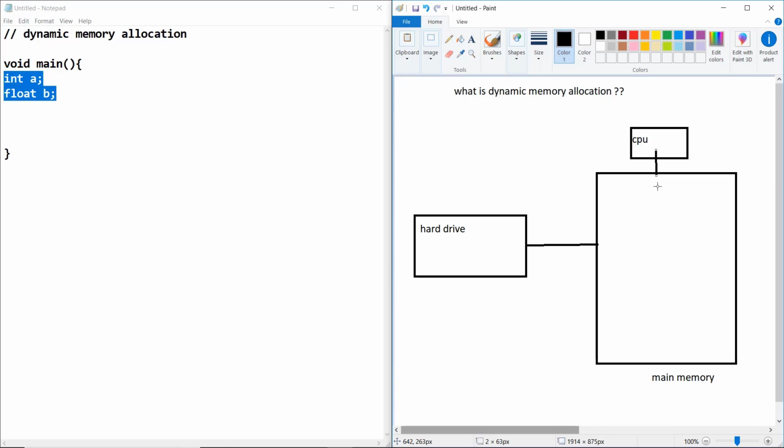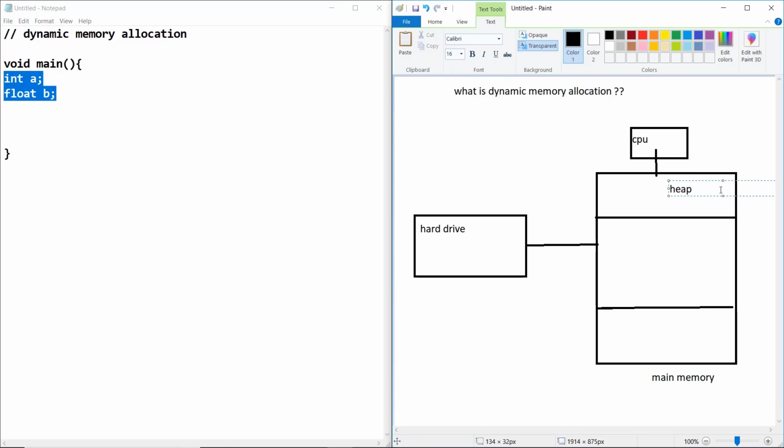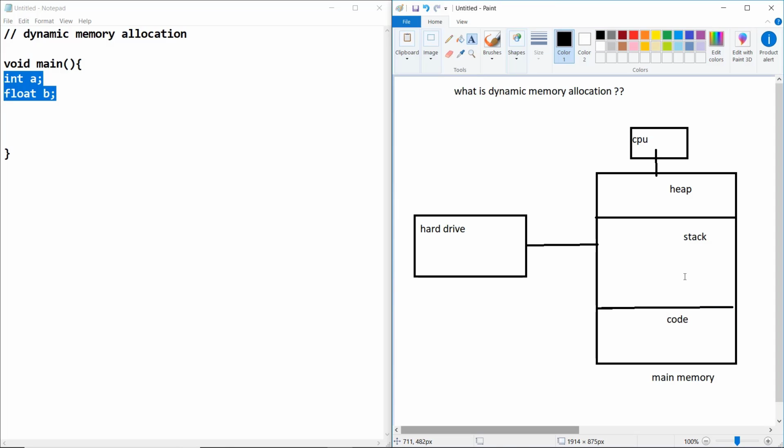We all know that the main memory is divided into three sections. First is our heap section, this one is the stack section, and this one is the code section. So this is the representation.